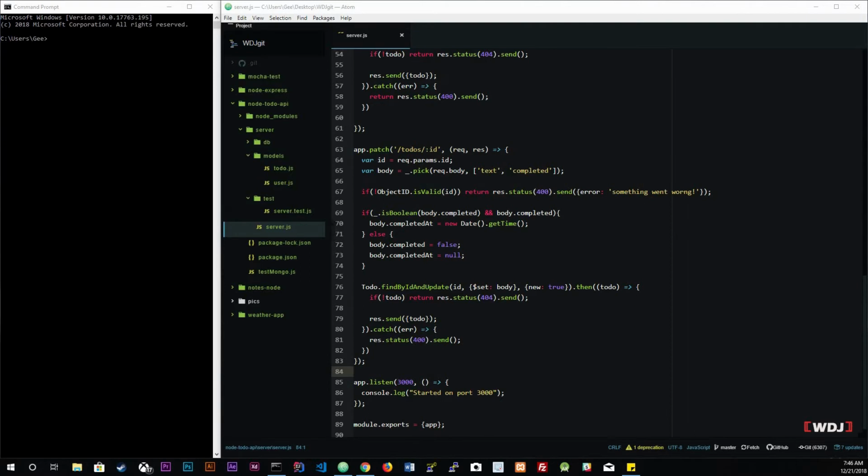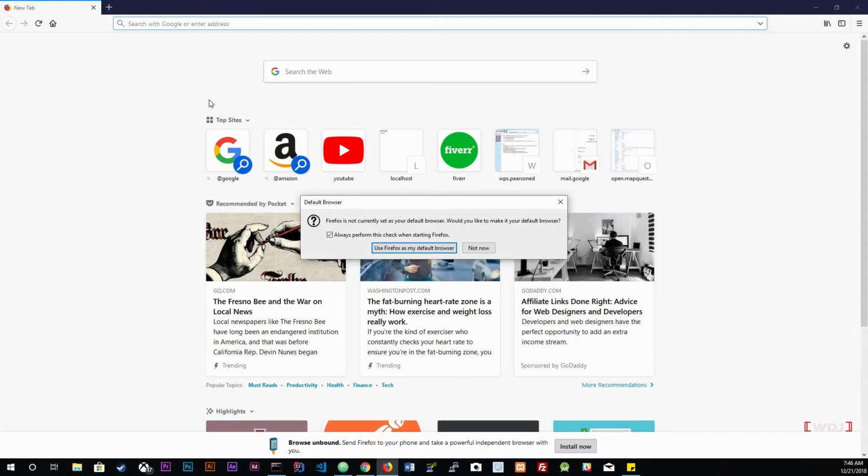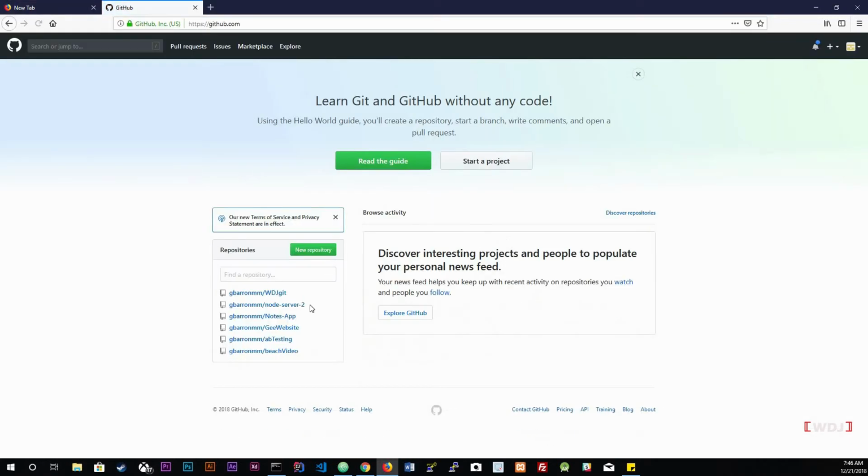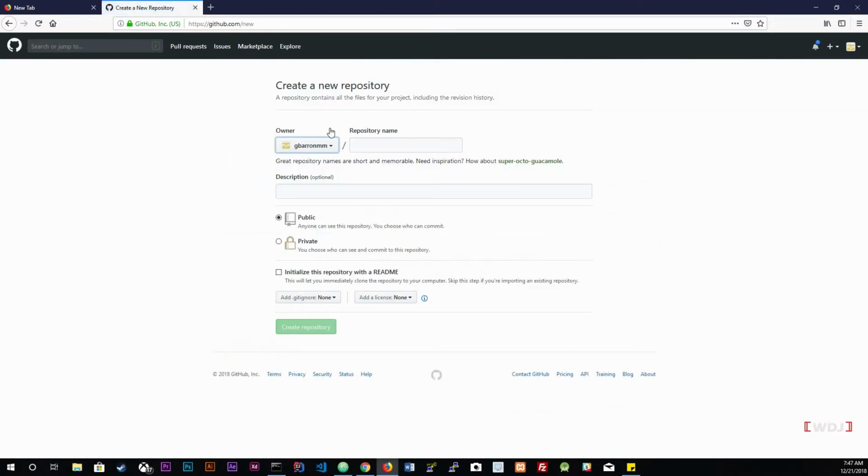So first things first, we're gonna actually get this in GitHub. I'm gonna have a skip down below in the comments, so that way you can just skip it if you already know how to do this. But if you don't, just go to GitHub, create a new repository, enter the repository name. I'm gonna just say Restful app to do. That's how I'm going to name it. It's gonna be public. Create repository,